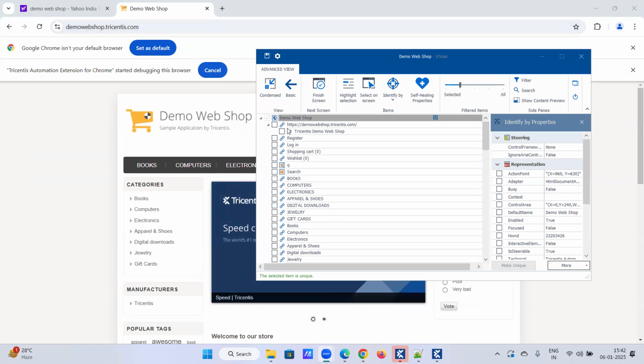It is saying the name of the application is Demo Web Shop. This is the complete page where you are trying to identify the control. In this, whatever image you want to identify,